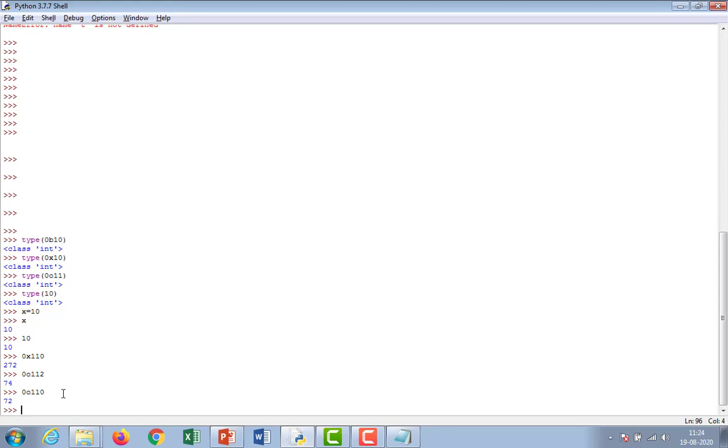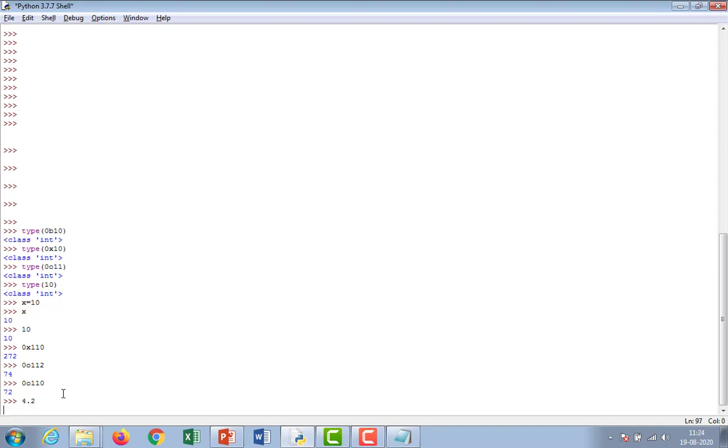Optionally, the character e, small e or capital E, followed by a positive or negative integer may be appended. It is optional; sometimes we use small e or capital E, and sometimes we do not.